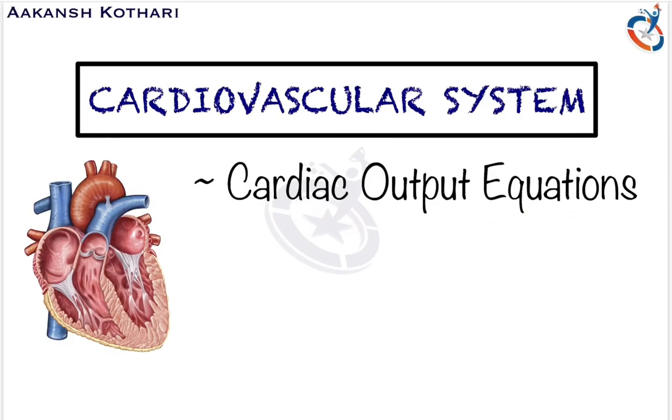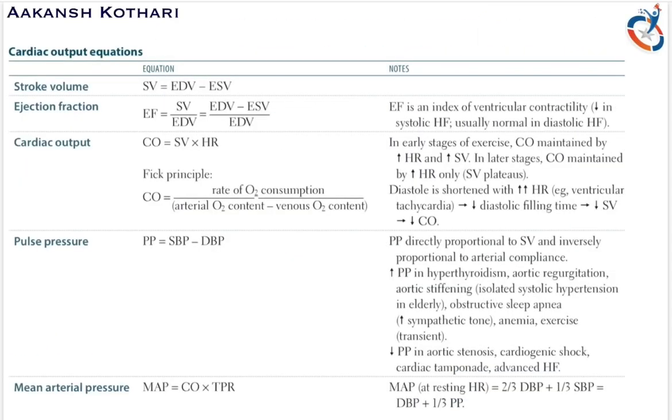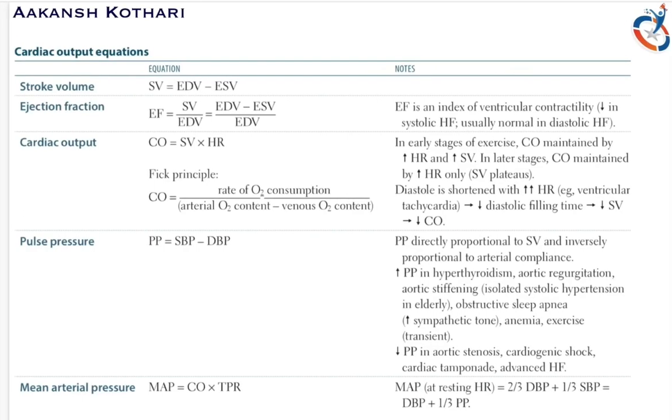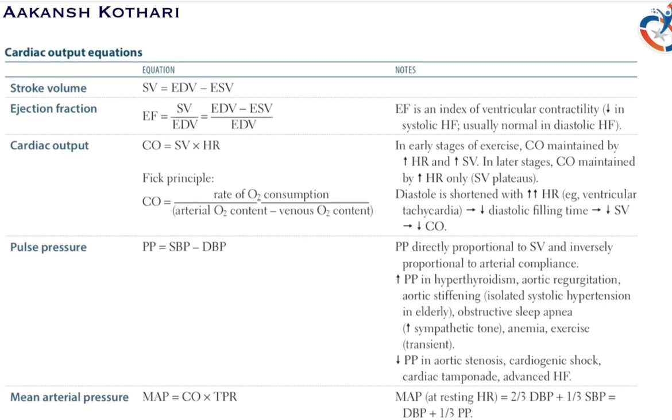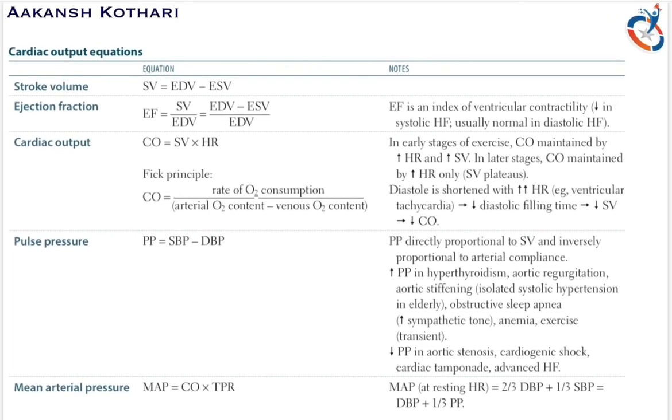Okay, please check the cardiac output variable module and then look at this video so that you find a good connect. Starting with the first equation, that is the equation of the stroke volume. As I've already told, the stroke volume is the amount of blood released by the left ventricle with each heartbeat, and it is measured as the difference between end diastolic volume minus the end systolic volume.